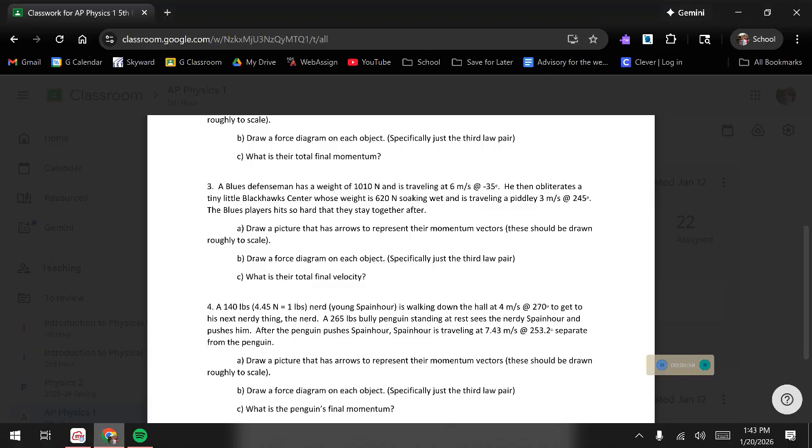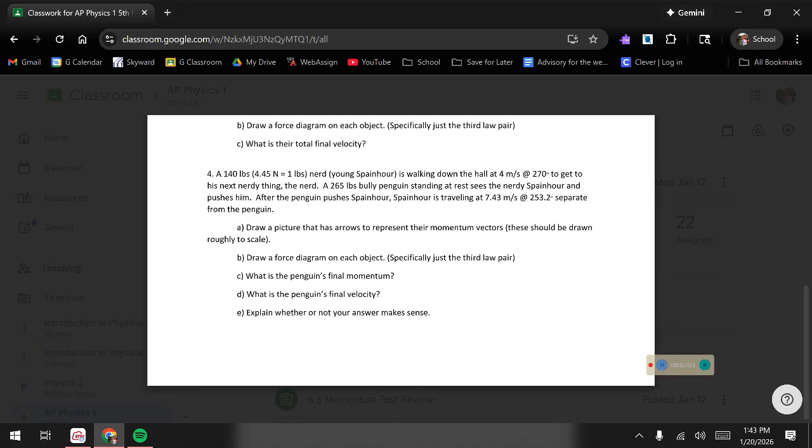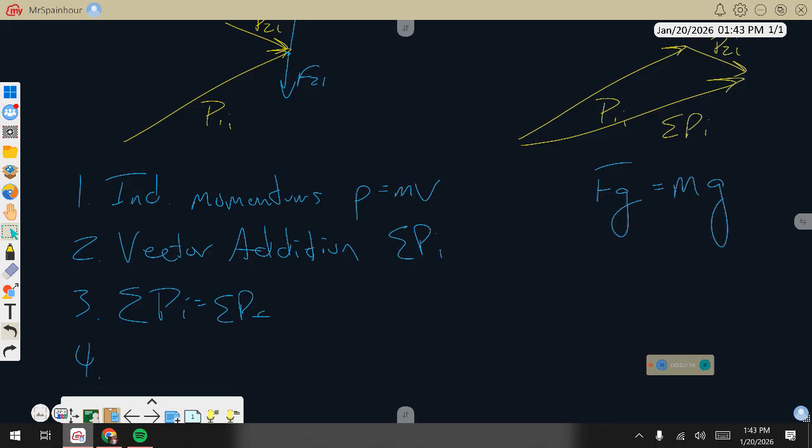And I'll save number 4 for number 4 on here. The only thing that changes about number 4 is this. It says a nerdy young Spainhour is walking down the hallway at 4 meters per second at 270 degrees. A penguin bully, starting at rest, sees the nerdy Spainhour and pushes him. After the penguin pushes Spainhour, Spainhour is traveling faster at 253.2 degrees, separate from the penguin, so they are individually the same. So what we should do here is,